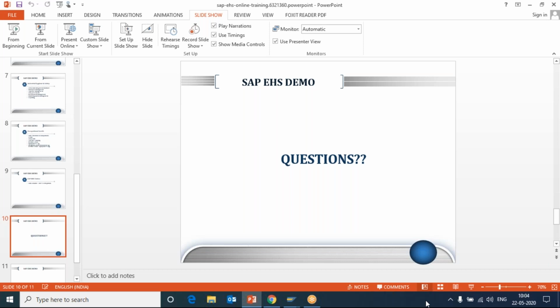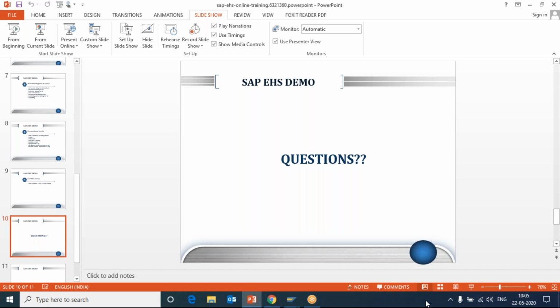But one thing is, you have to be able to learn whatever is available in SAP EHS. They will ask you a lot of questions related to reporting or master data. It cannot be learned easily in one day. It will take time, but over a period of time, depending on how much effort you put, you will understand each and every concept in SAP EHS.